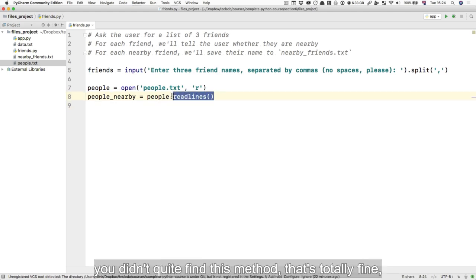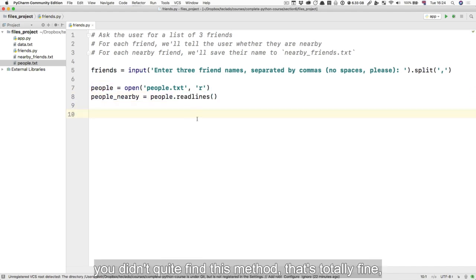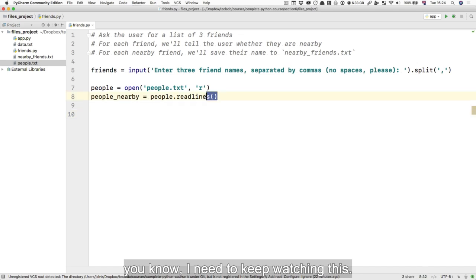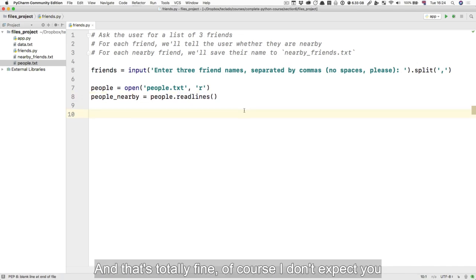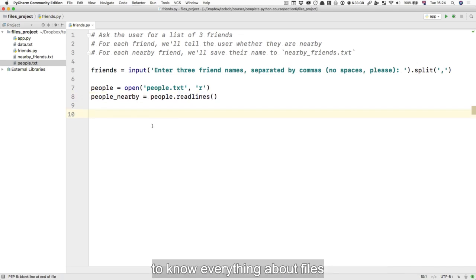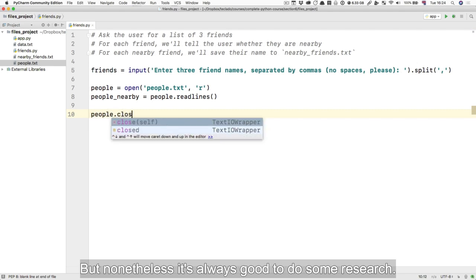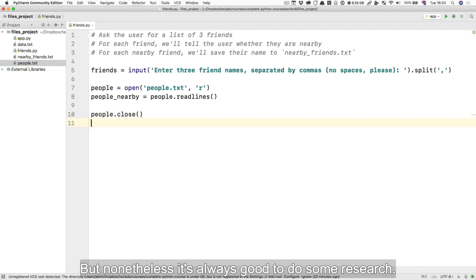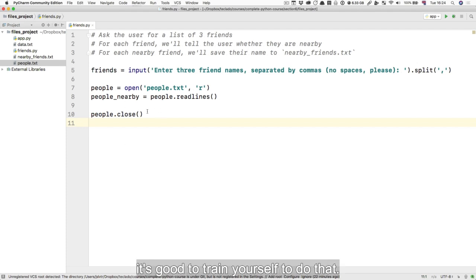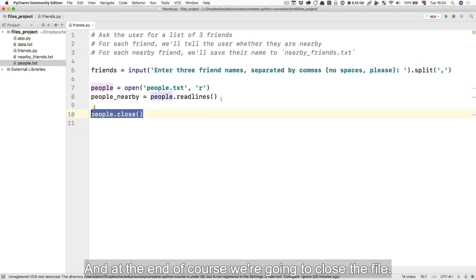And if through your research you didn't quite find this method, that's totally fine. I'm sure that if you couldn't find that method, that was the point where you thought, I need to keep watching this. And that's totally fine. Of course, I don't expect you to know everything about files when we haven't even covered it yet. But nonetheless, it's always good to do some research. Even if you don't find anything, it's good to train yourself to do that. And at the end, of course, we're going